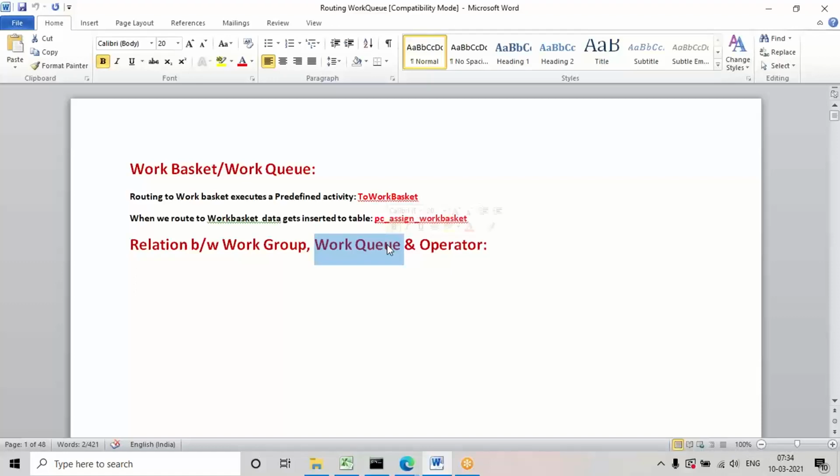Sometimes, if all the operators are busy, you'll get a message saying all the operators are busy, wait for some time. Once the representatives are free, your call will be connected. Like if you call about credit card issues, or call any bank, you'll get a waiting time, which is compulsory there, because first of all your task will be sent to the queue, and through the queue it will be sent to the team. And when any person is available, or open for taking the ticket, then the task will be transferred to that person. Any one person only will handle that particular ticket.